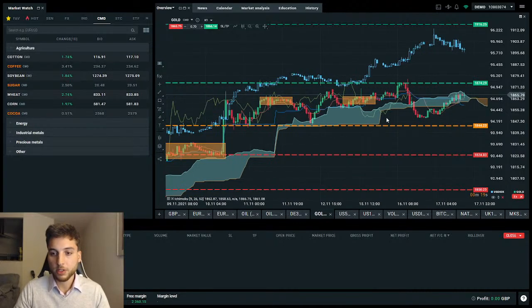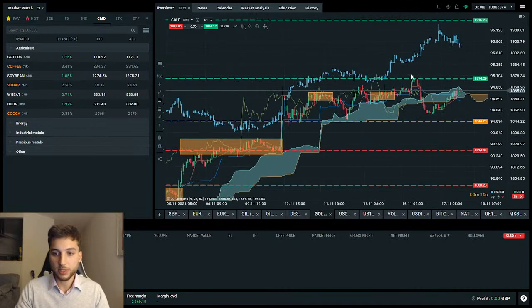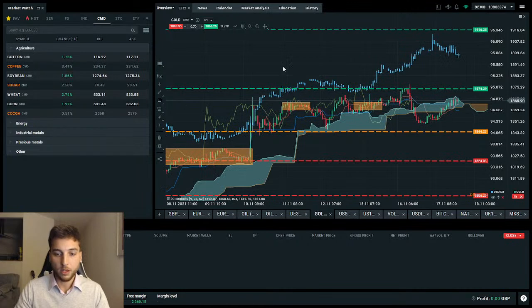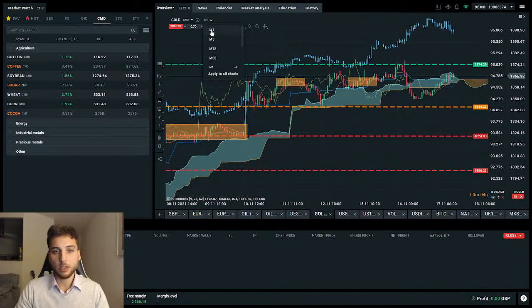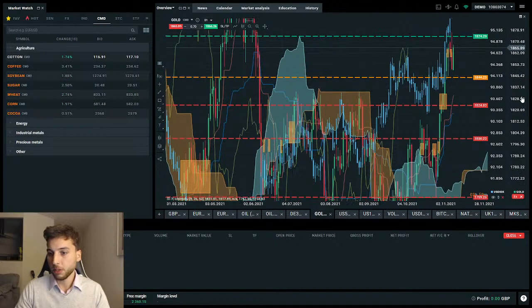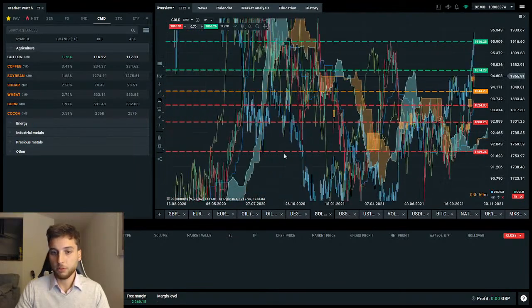So gold, very interesting position at the moment. What you can see here, the blue candles overlaid are the US dollar index. So same time frame, 1 hour US dollar index and gold. I want to show you the long term first, just so you get the idea of what it's usually looking like. So this is on the daily. I know it's a disaster, but look. So if we zoom out,